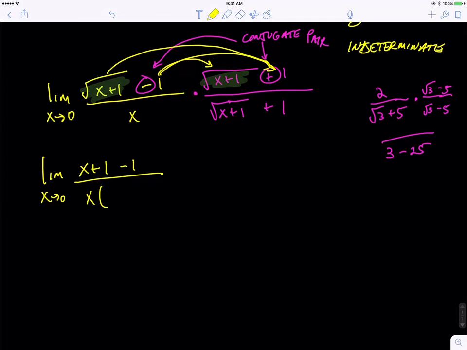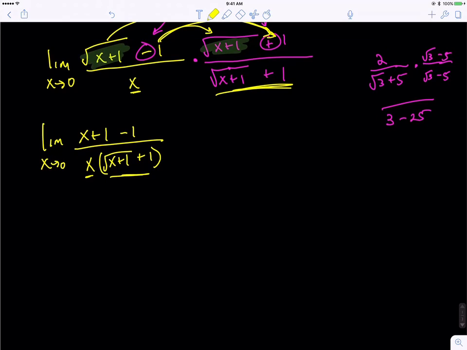And the denominator, we're not going to actually multiply it out. We're just going to keep track that that's what we would do. So we're going to just write x times this quantity. So that's what I have here. Now I'm going to simplify the numerator. And because I didn't multiply out the denominator on that last step, I can divide the x into the x. And I end up getting